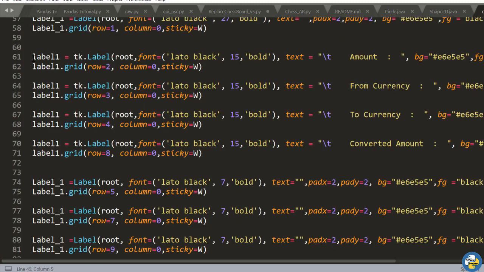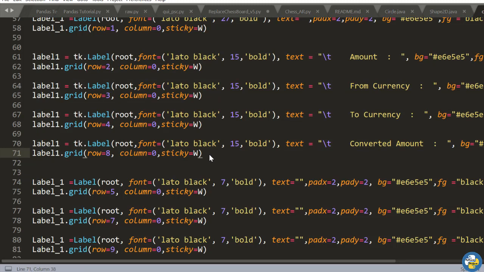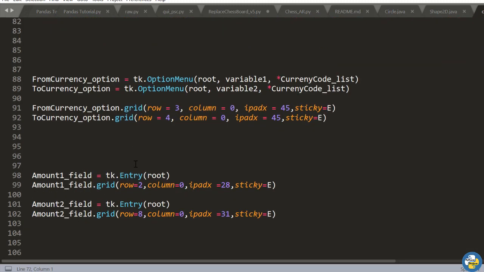Now this particular section of the GUI is the label section. It is used for printing any particular text in your GUI. So amount, from currency, to currency, and converted amount are the particular texts that are printed in our GUI. This is the option menu. As you all have seen in the GUI, we have used a drop down menu for selecting the currency.